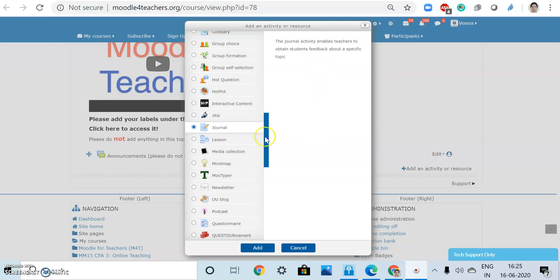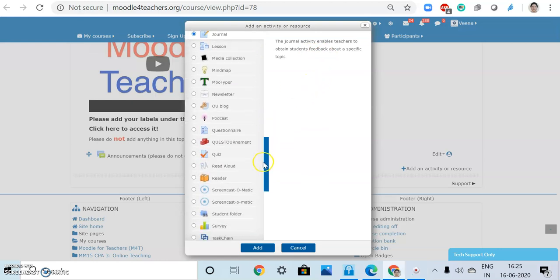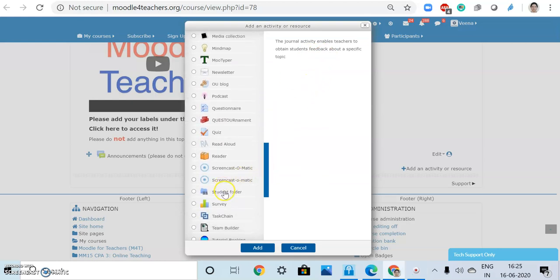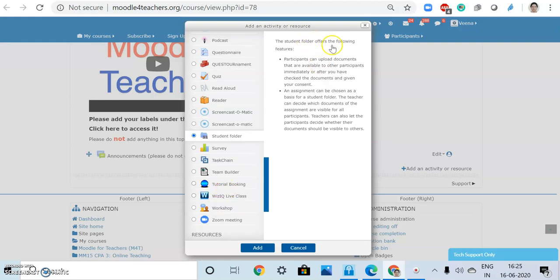You can also have a students folder where the participants can upload documents available to other participants, or the assignments can be chosen for a student, and the teacher can decide which documents or assignments are visible for all participants.